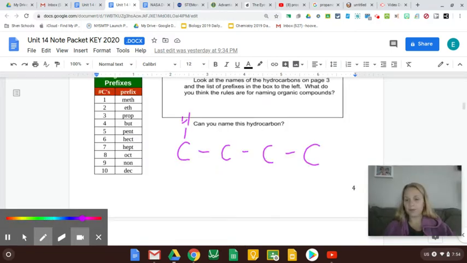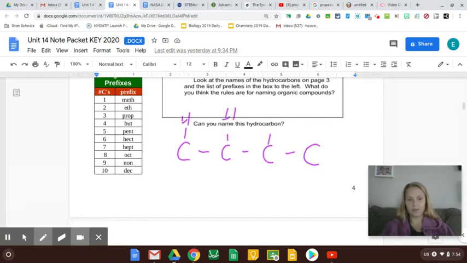All right, so I'm making an organic compound, a hydrocarbon, for you to name. I put 4 C's in a row, and then I'm making sure every C has 4 bonds by sticking H's on it. So now this C has 1, 2, 3, 4. That's not supposed to be a double, I was trying to trace it. This C already has 1, 2, 3, so I'll just give it one more.